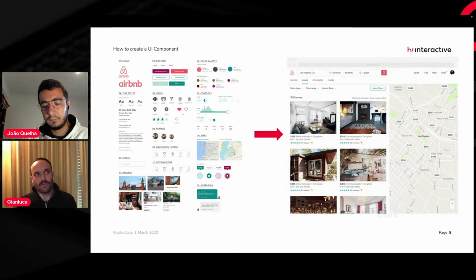And this helps a lot, because when we are visiting other pages of the same product, in this case Airbnb, we are going to notice that the design is really easy to follow because it's coherent. You create a UI kit and a UI component library once, and then you will be able to use it in all the different products that you want to create. So that's just to finish the componentization